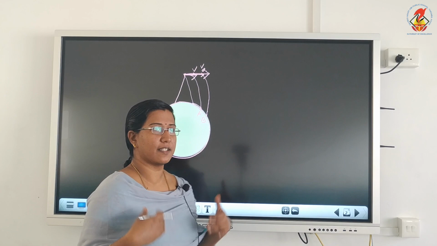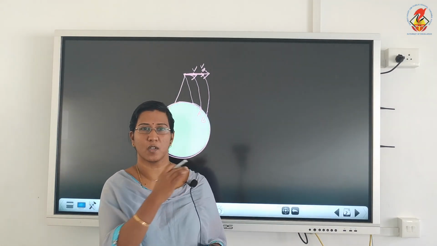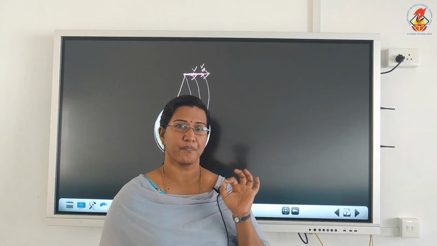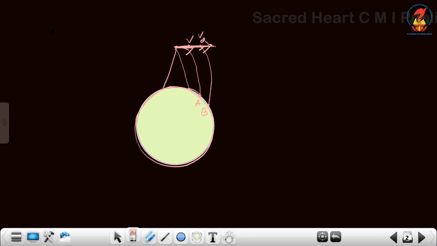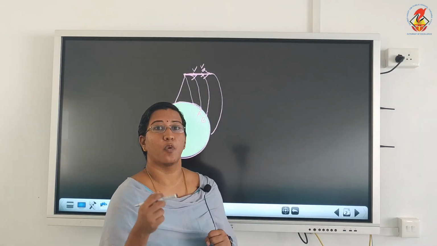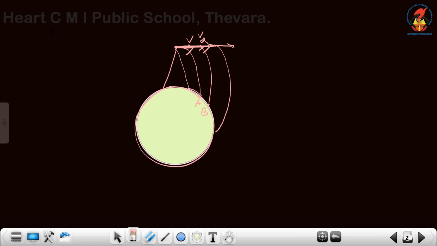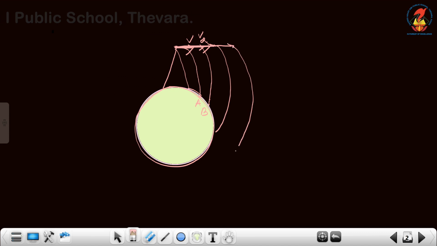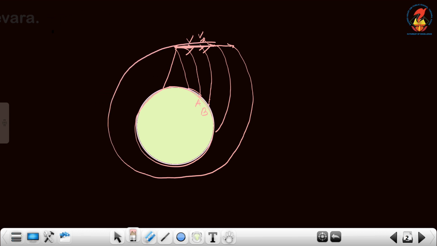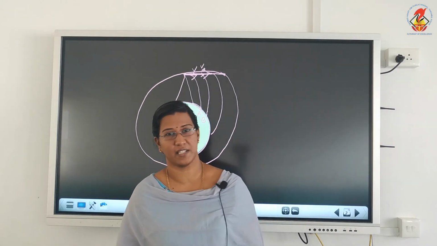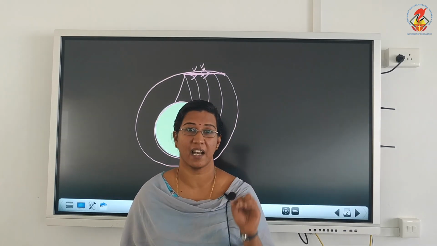You keep on increasing your velocity each time by throwing the ball in the horizontal direction. There is a certain velocity at which, even though the ball wants to come and fall on the surface of the earth due to the gravitational pull, it won't be able to do so. It will move like a free fall object, keep on coming down like this, and it won't be able to touch the earth's surface, but it will start to move in a circular path. This amount of horizontal velocity is what we call the orbital velocity.